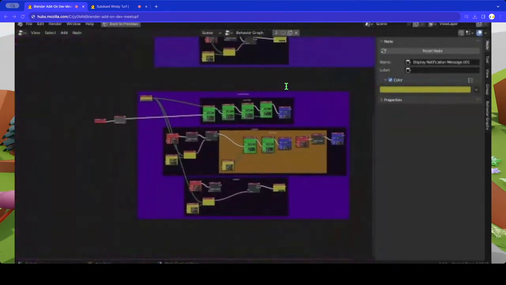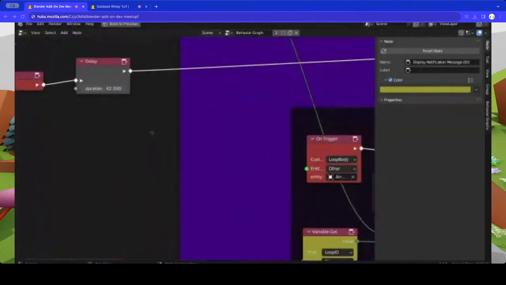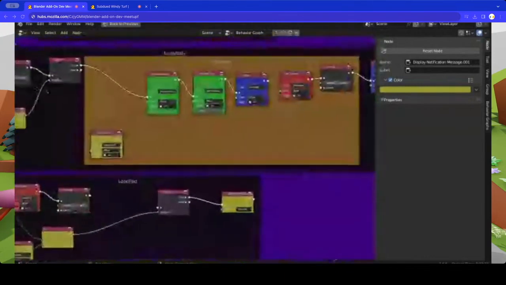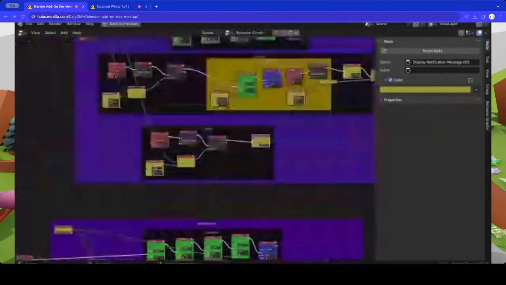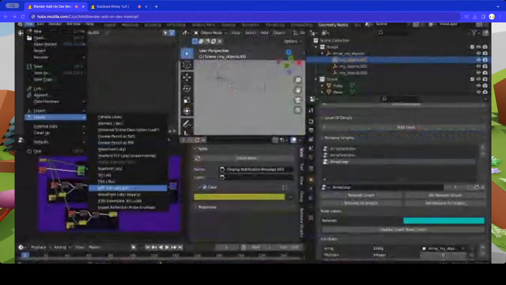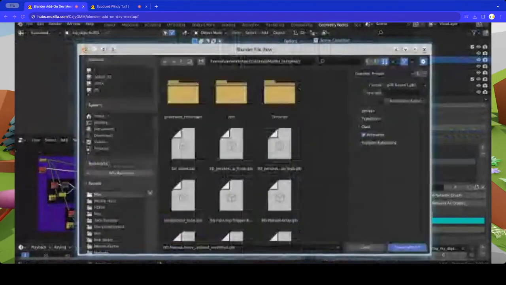So the two loops here: this one is on start, so after like 42 seconds, I set the whole array to be values of 42. And then this one is whenever I click on the cube, I read the array. And so if I just export this now